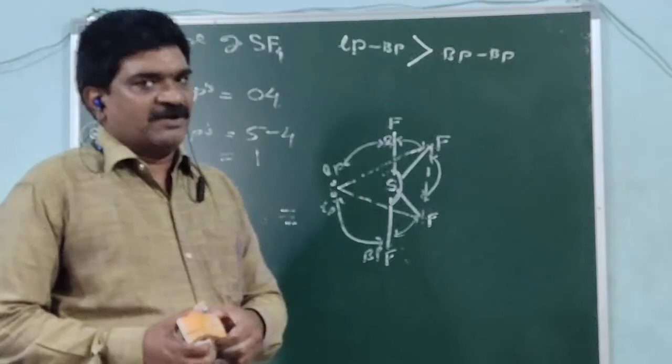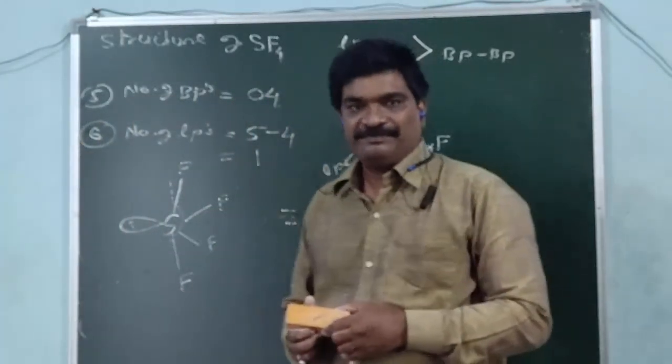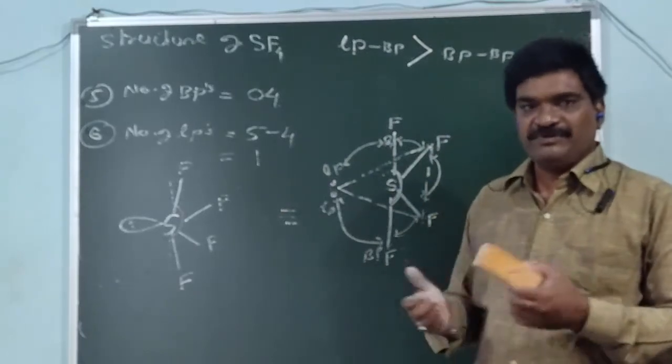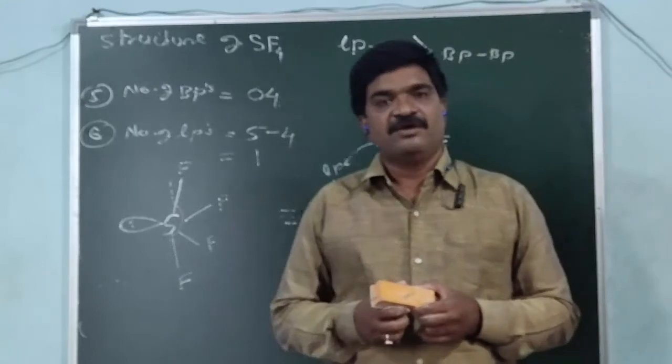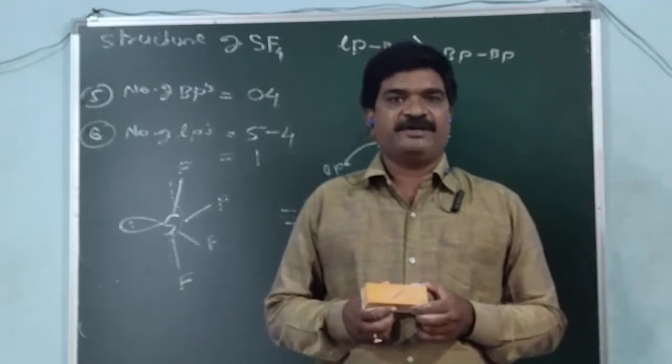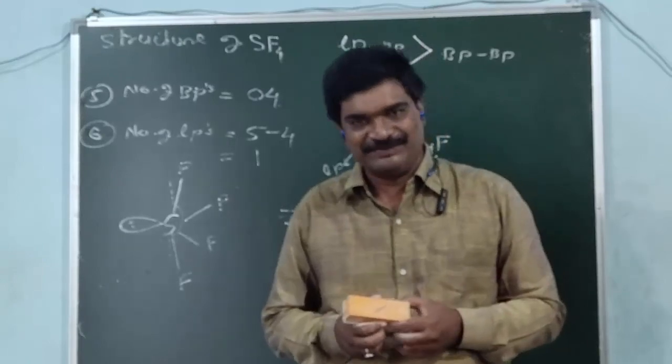Now dear friends, we have considered the shape of simple inorganic molecules. You have seen that just by using this VSEPR theory, we can qualitatively determine the shape of a molecule. Very easy. Thank you. Thank you very much.